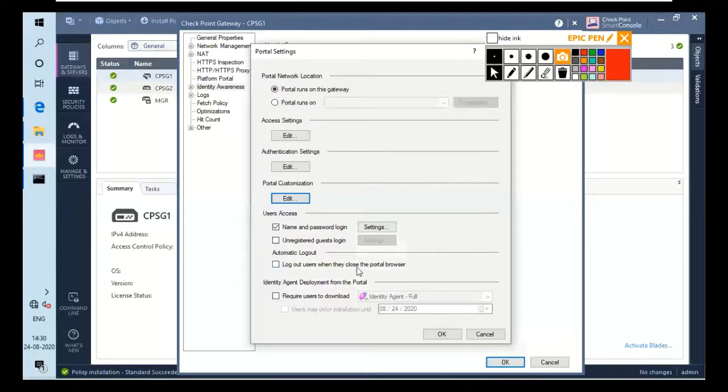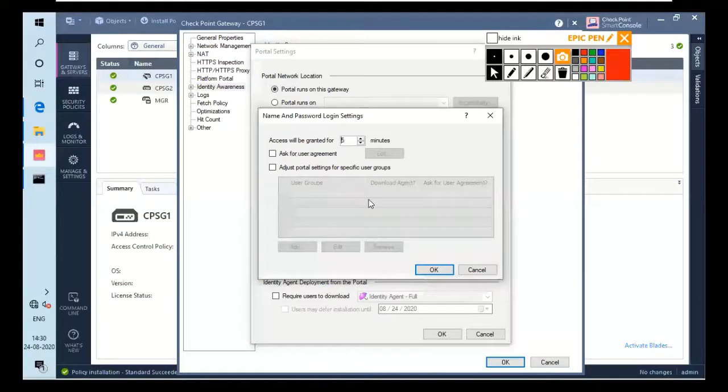The next thing, user access. In user access, if you click on settings, you can actually mention the time, meaning in how much time they can access this website or how much time is left. The minimum is 5. You can't go below 5. If you go below 5, it will show you an error if you hit OK. The minimum is 5, and it can go up to many minutes. The default one is 750. I actually tried to create it, that's why it saved 5. So I will go for 5 because it will show you a timer basically.